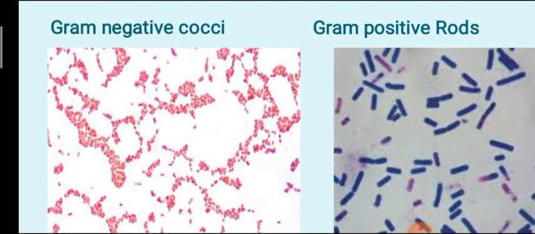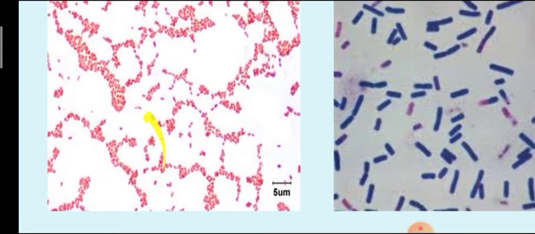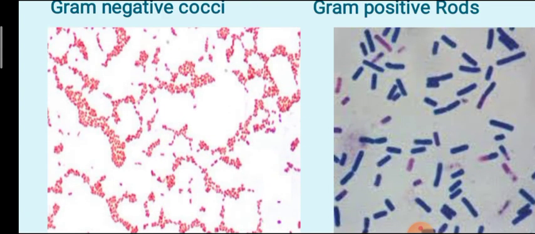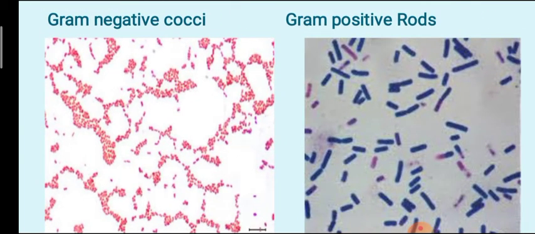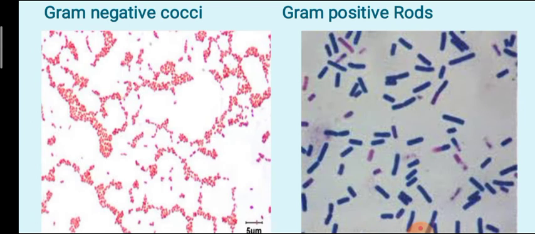The reddish bacteria are also round in shape, but we can't consider them gram-positive cocci because now they appear in pinkish or reddish color, and as I told you, pinkish bacteria are gram-negative and purplish bacteria are gram-positive. So this one appears in pinkish color and is round in shape, so we will consider it gram-negative cocci, and this rod-shaped bacteria appears in purple color. So this is a gram-positive rod.